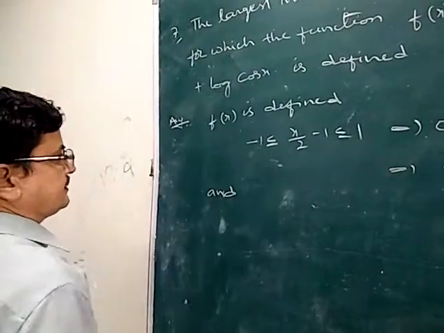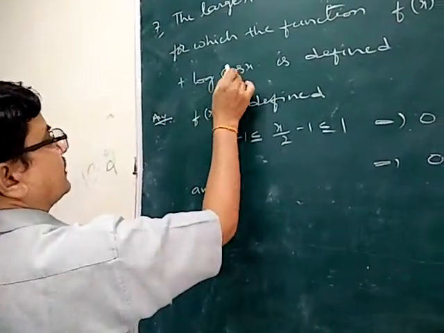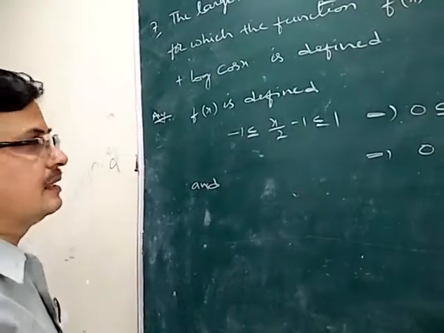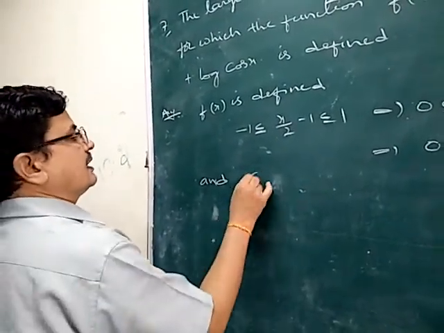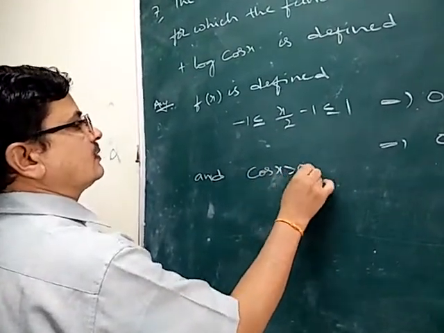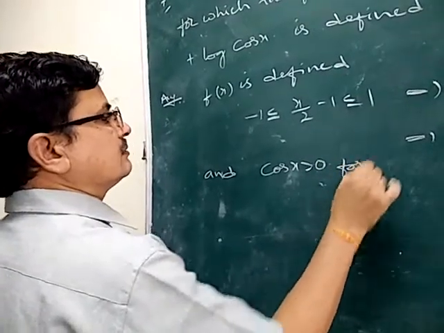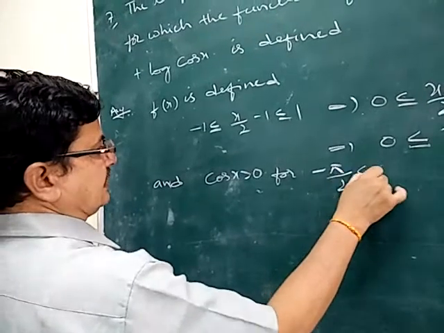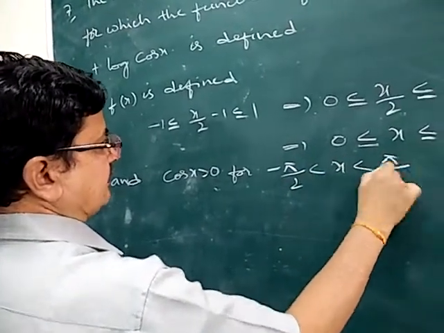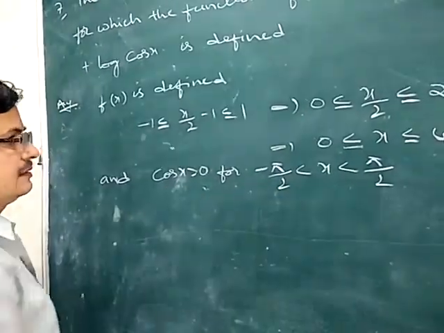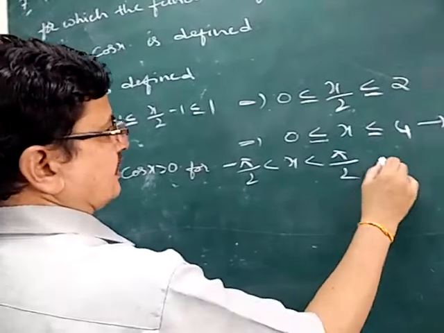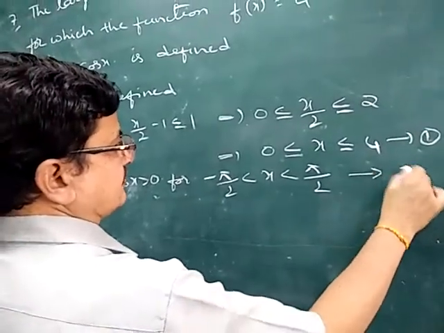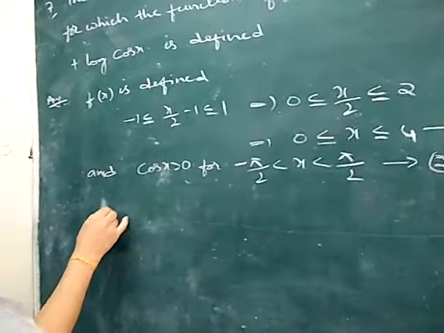Log of cos x. Here the argument of log of f of x is always greater than 0. So that's why cos x is also greater than 0. For what values is it greater than 0? Minus pi by 2 is less than x is less than plus pi by 2. For these values this is greater than 0. So this is the second equation. From 1 and 2,